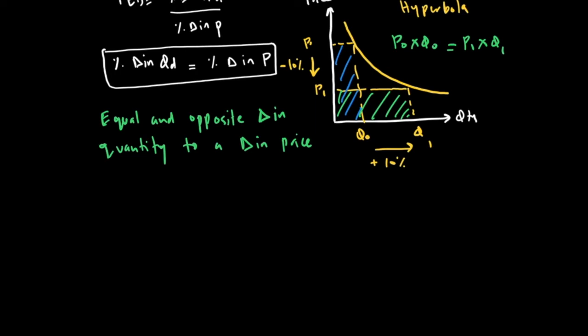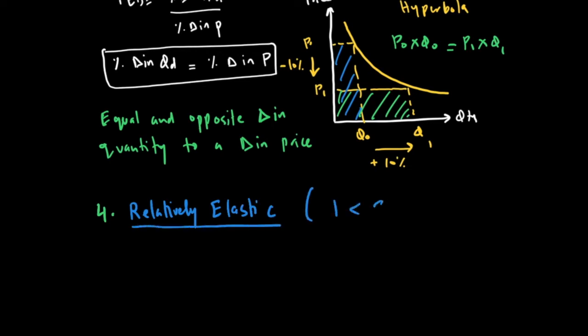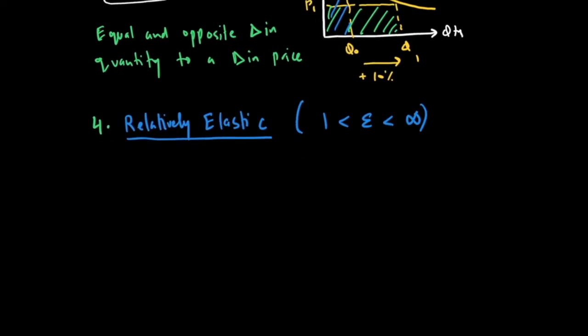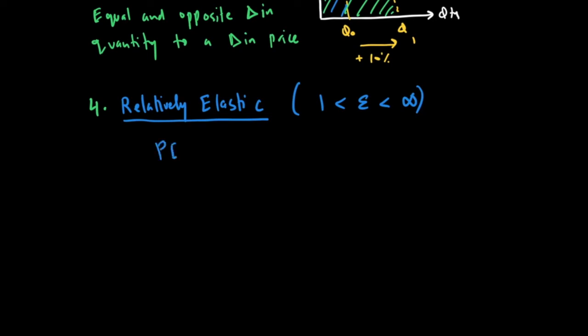Next up, number 4, is what we call a relatively elastic good. So we're moving along the spectrum, and a relatively elastic good would mean I have a PED which has a value between 1 and infinity. Again, if you use the formula of PED, where the numerator is percentage change in QD over percentage change in price, the only way I can get a value more than 1 is where